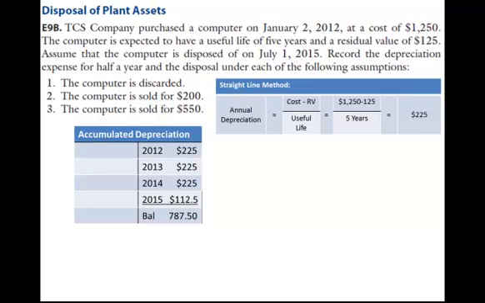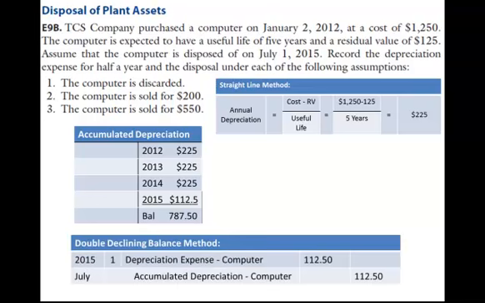Now, since in 2015 we are discarding the computer halfway through the year, we're going to use the half year rule, and we're only going to record half a year's worth of depreciation, which is $112.50. We will proceed by debiting depreciation expense and crediting accumulated depreciation for half of the year's depreciation, which is